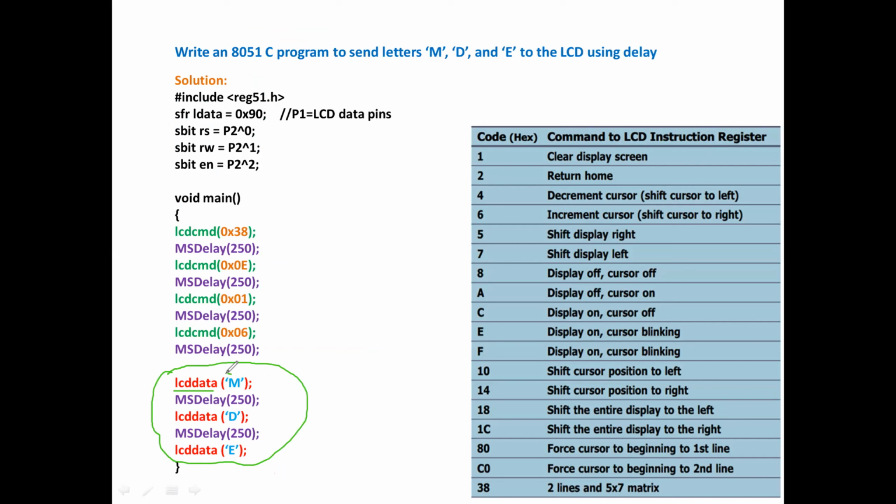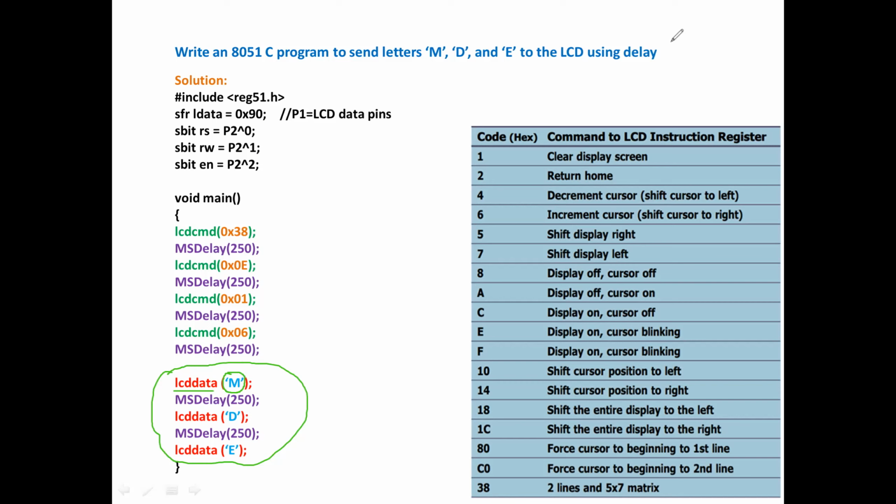So now I'm going to send a character within quotes, M. See, characters should always be mentioned in quotes. An 8-bit character should be mentioned in quotes. So a character can be anything. Can be a numerical value, alpha characters, symbols, everything. So now I'll send M. So M is my data.